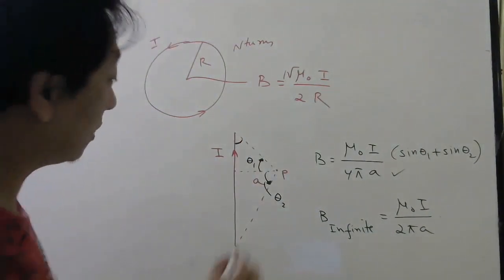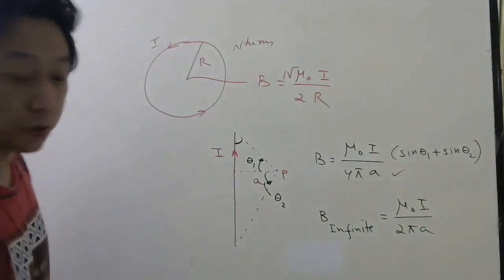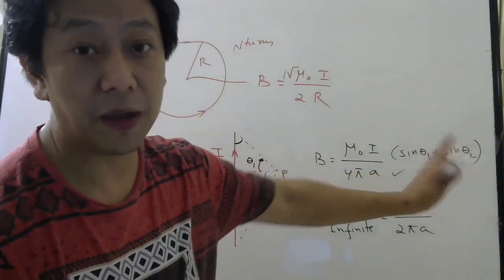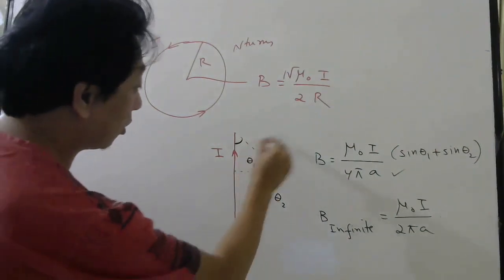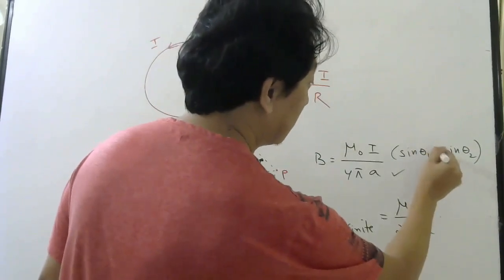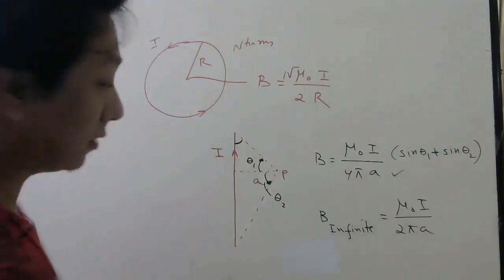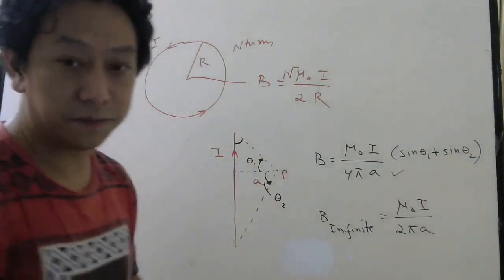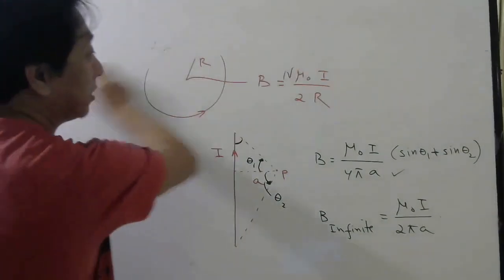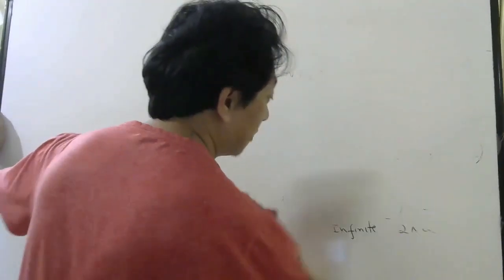Also, one thing you remember, I have taken this angle positive and this angle positive. If it is opposite to whatever I have taken, you have to put a minus for the angle. Those students who want this to be positive and this to be negative have to put a minus sign here. But let me write this way only. Theta 1 this side I have taken positive, theta 2 this side I have taken positive. So these two formulas will be important for today's class. Ampere's circuital law, later I will explain. So let us solve the first question.